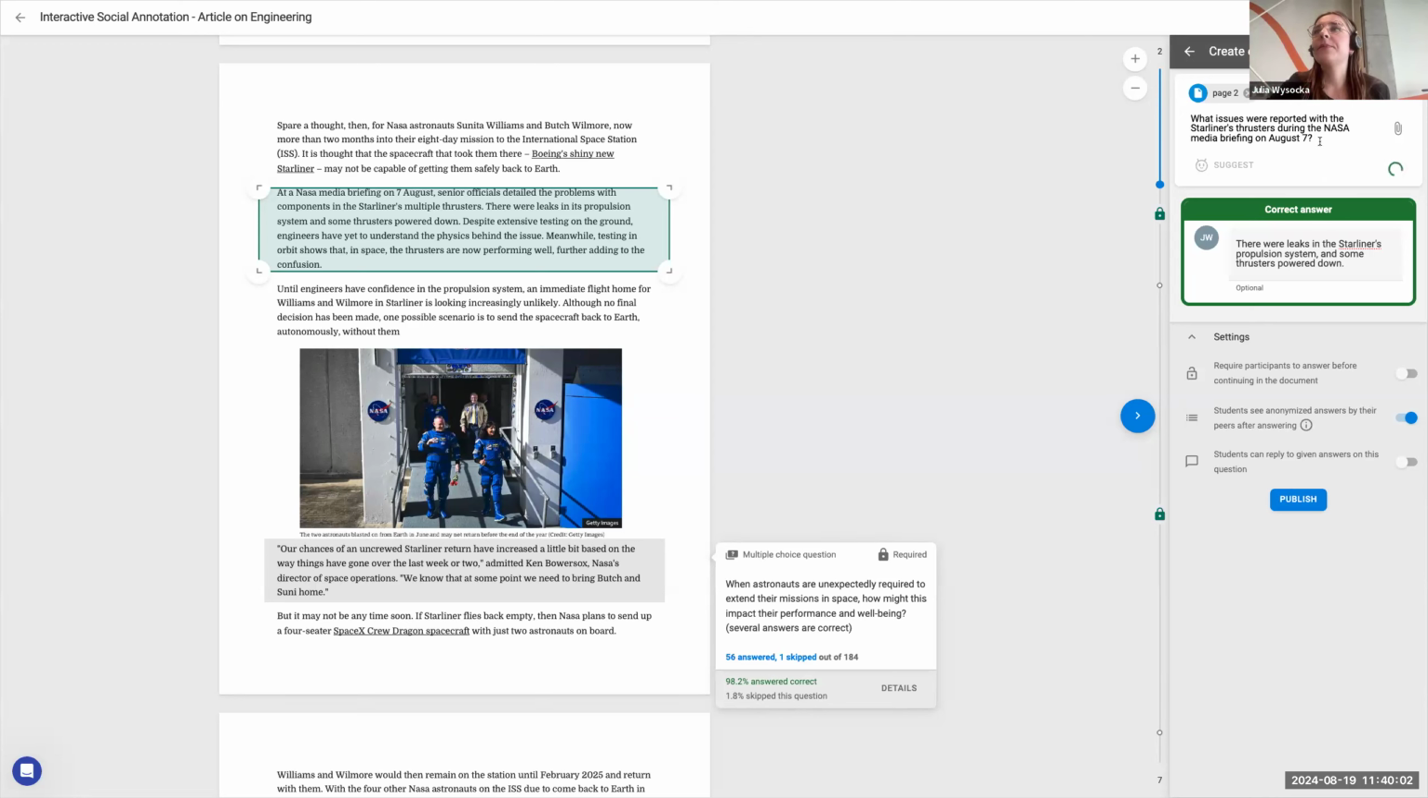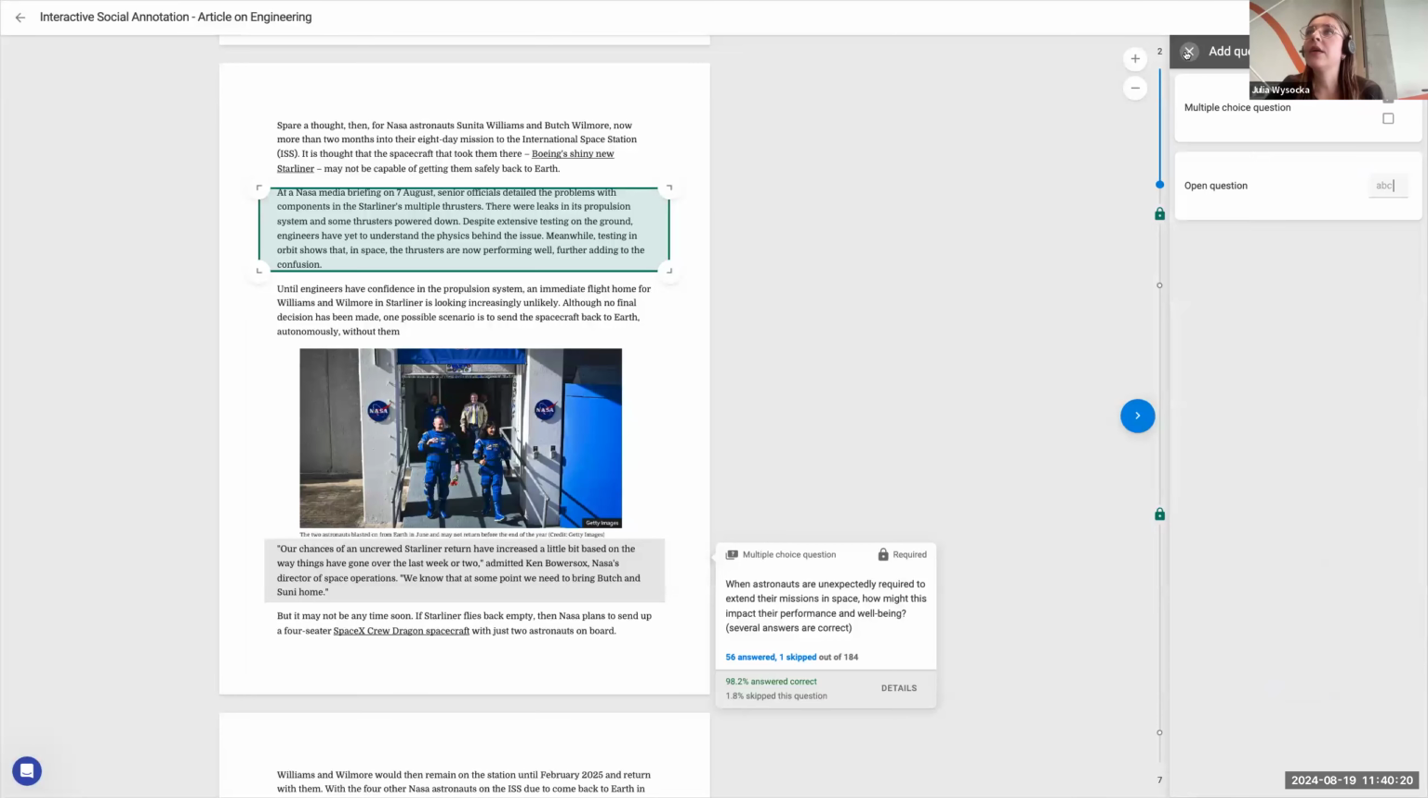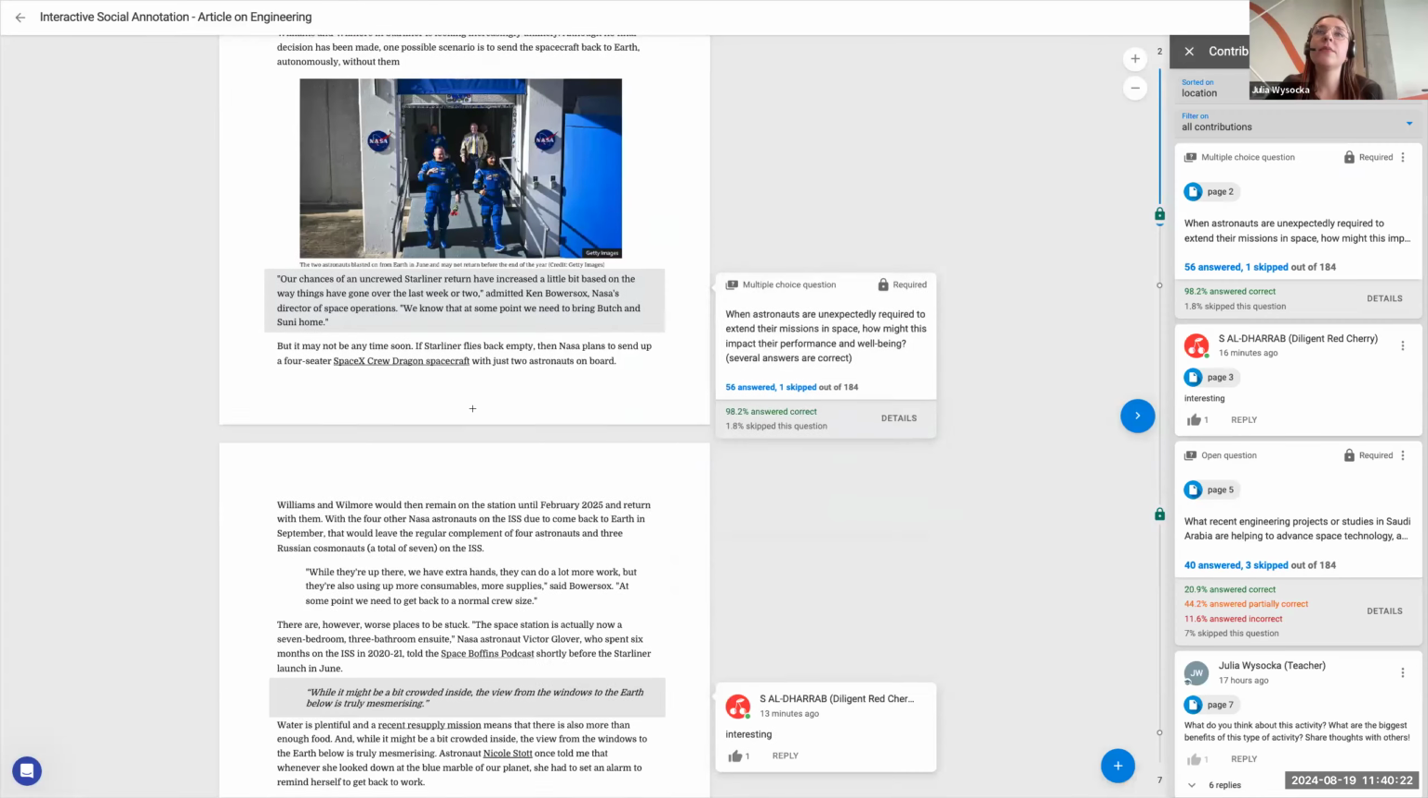in this question. And in addition, you of course have additional settings very similar to the ones that we just covered. In addition, students can also reply to given questions. So if you want to additionally prompt students, this will be a good one to include, after which you can click on publish. Now, the last